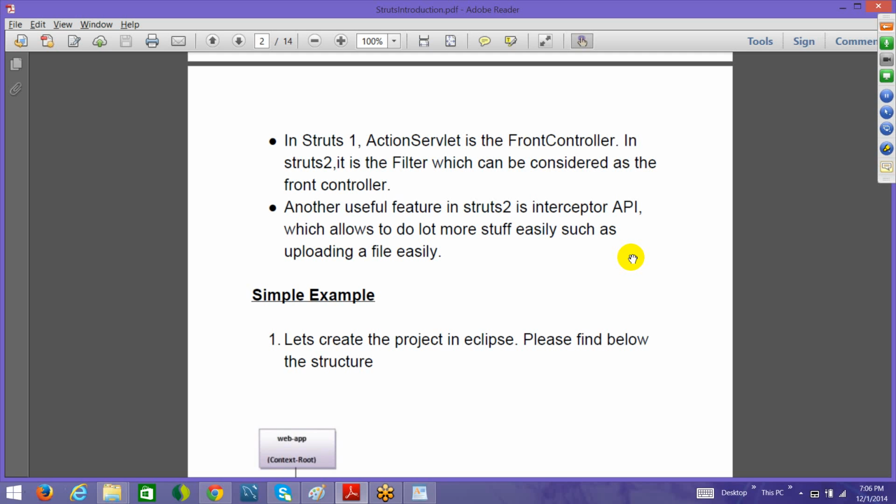You can just understand that in Struts 1 it was action servlet, in Struts 2 it was a filter, okay. And then in Struts 2 another powerful thing which was added was interceptors. So you can define the list of interceptors which can intercept your request and do work using that one. So that is another additional feature which is introduced in Struts 2 that is not there in Struts 1, and